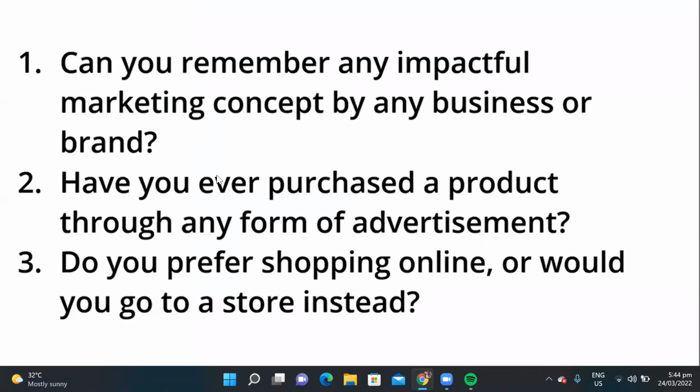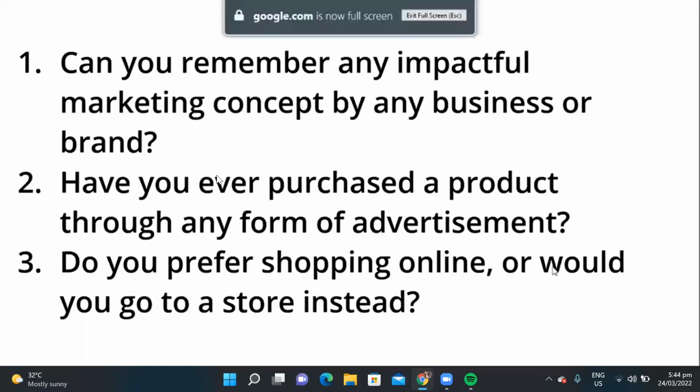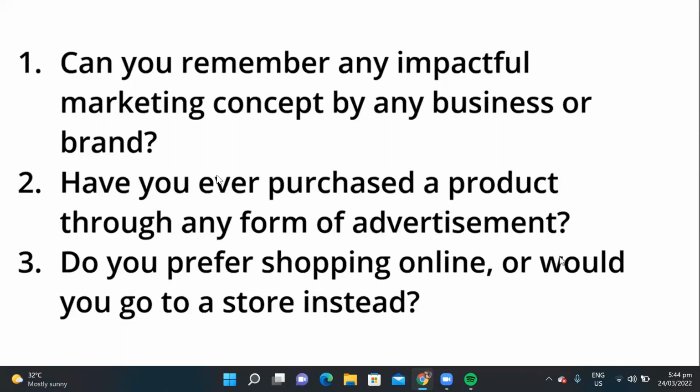Ano kaya yung mga advertisement na kumbaga nahatak tayong bumili, no? So, for example, yung Smart ngayon, di ba? Isa sa endorser nila yung BTS. So, for sure, marami din sa mga kabataan ngayon yung nag-switch from Globe to Smart kasi sinusuportahan nila ang